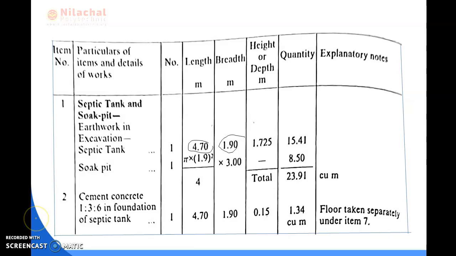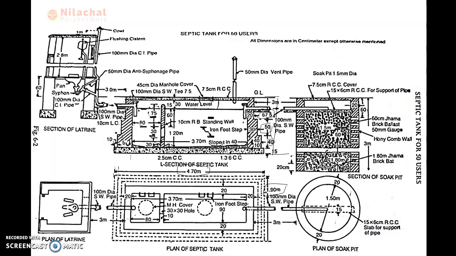Okay, then we go through the soak pit part. So here soak pit also one number is provided. So we know soak pit is a circular structure, or here the soak pit is constructed in a circular manner. So here the diameter is provided which is 1.50, and also thickness is provided here on both sides, 20 and 20. The overall dimension of the outer circle here we consider is 20 centimeter plus 1.50 meter plus 20 centimeter.